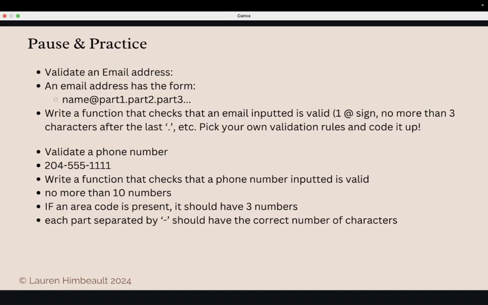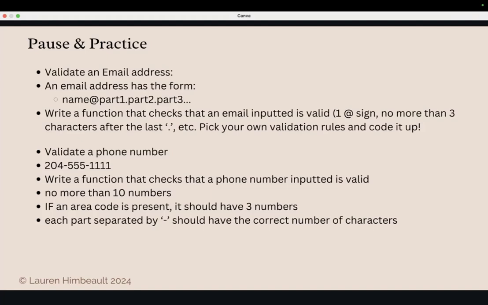So here's an example of a phone number, 204-555-1111. You can assume that each part is going to be separated by dashes. Just to make your life easier when it comes to writing and practicing right now. So you'll write some kind of a function that ensures that in total, there are only 10 numbers, that they're all numbers, max. You can write it so that it's possible that somebody would forget to include the area code. So maybe they just enter